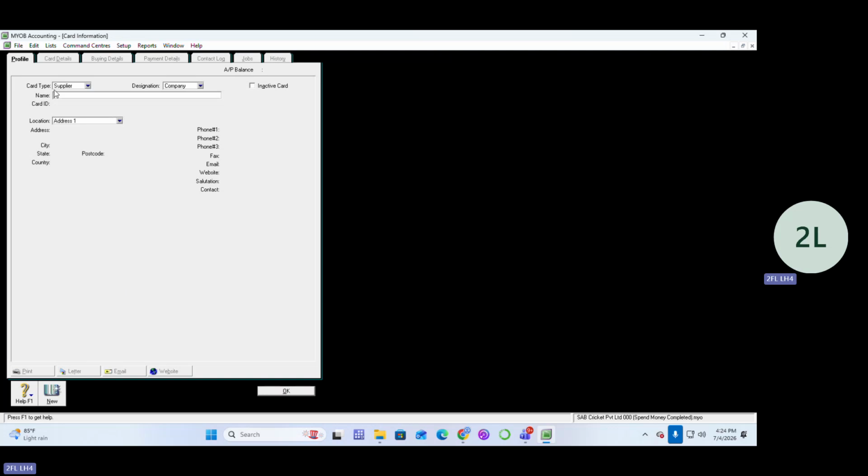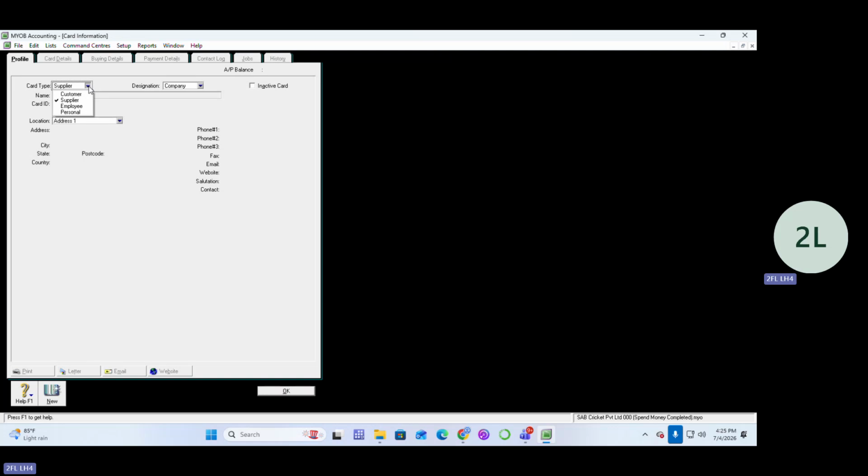Again, in the card type, the first element, you can see there is a drop down. Can you click on the drop down and see? You can convert the same format into customer cards, employee cards, or personal cards. For any of these cards, it's the same format, because now you are in the supplier setting process, it is automatically